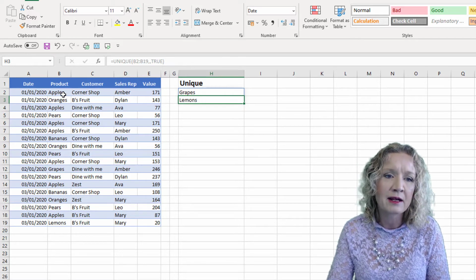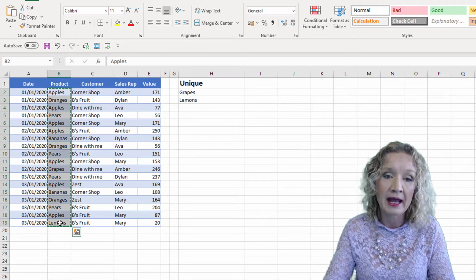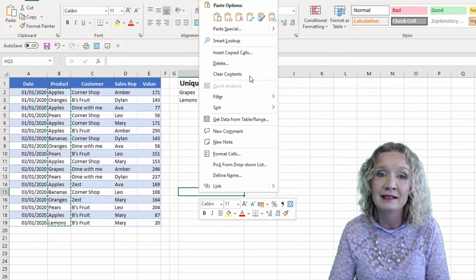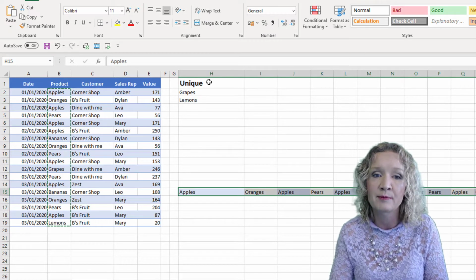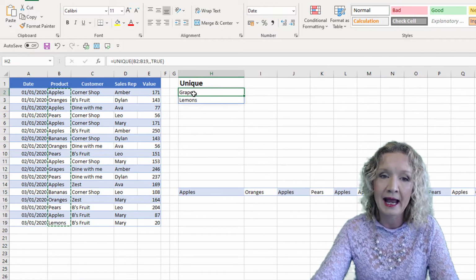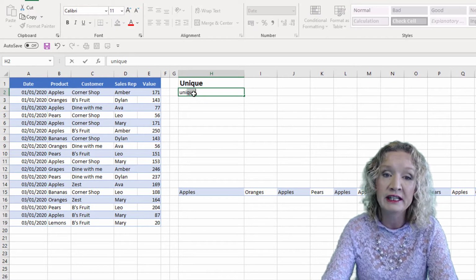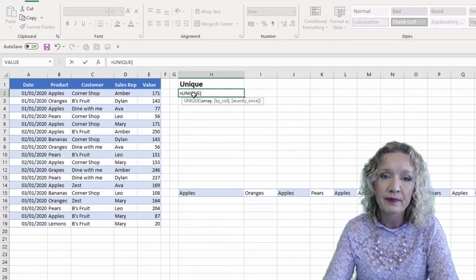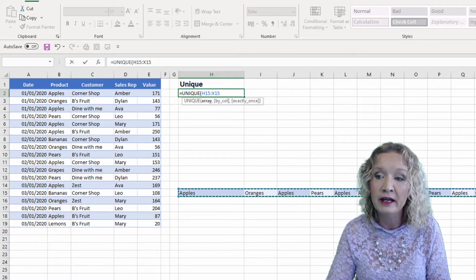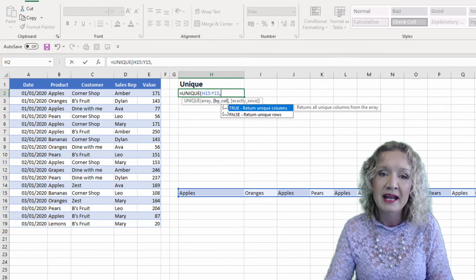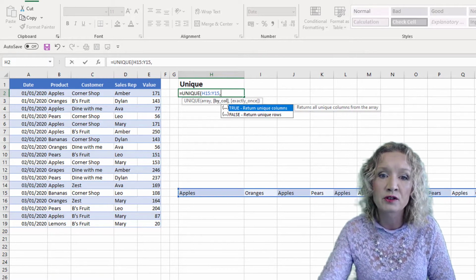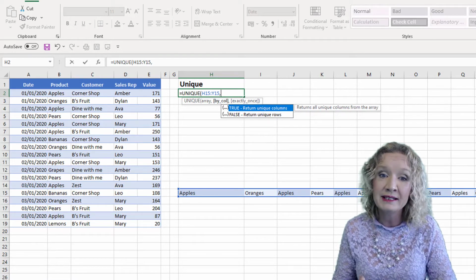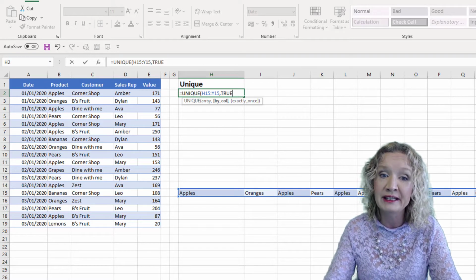Now I'm going to take a quick copy of this and place it down here, and I'm just going to transpose it for a second. So I'm going to use the transpose, and I'm going to go back in and start the unique function again. So we will say equals unique, and then we will take our array going across the columns. Now it's asking us, do we want to return unique columns or unique rows? Well, in this case, we want to return unique columns.